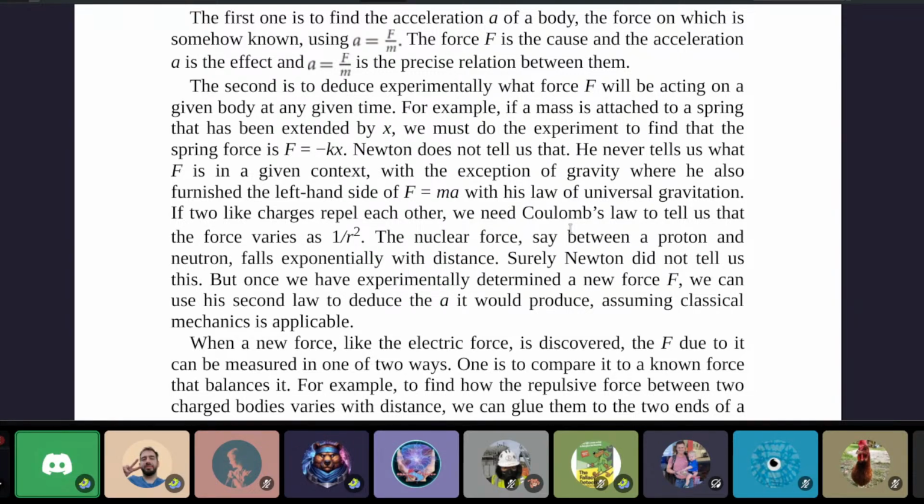If two like charges repel each other, we need Coulomb's law to tell us that the force varies as 1 over r squared. The nuclear force, say between